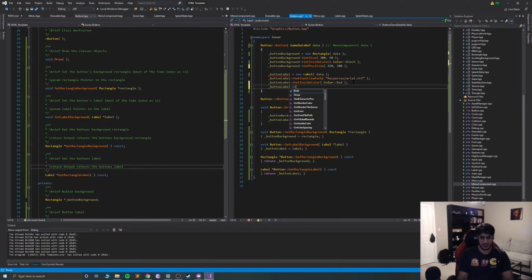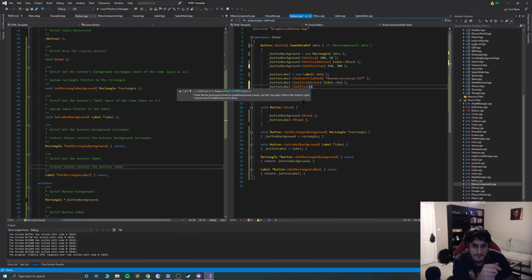Let's change the pivot point, because we can either do it based on a specific X and Y, or we can just do like, this is great, we can do